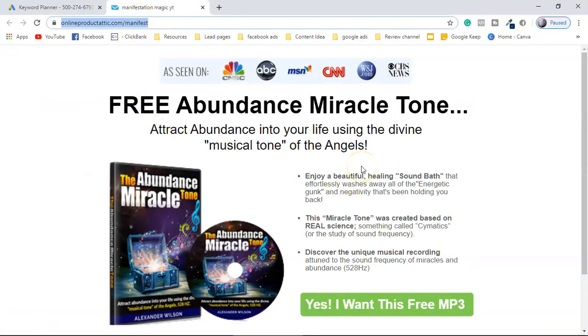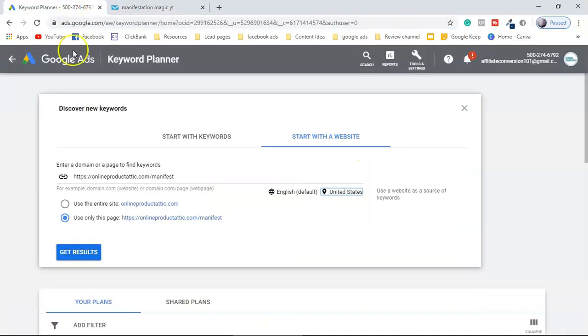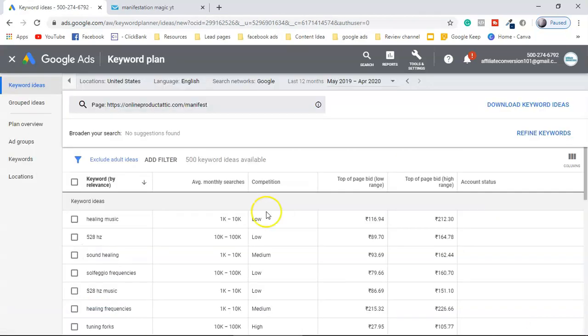and it is going to find all the relevant keywords which we can use later in this ad to bring the traffic to this landing page. It is also going to show me the CPC in the United States. That's why it is really important to select the right country where you're targeting this landing page. So I will click get results, and here you can see location United States, English,